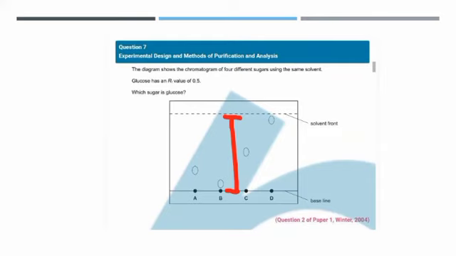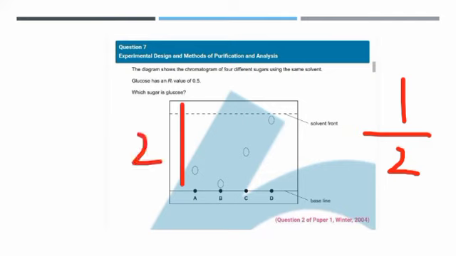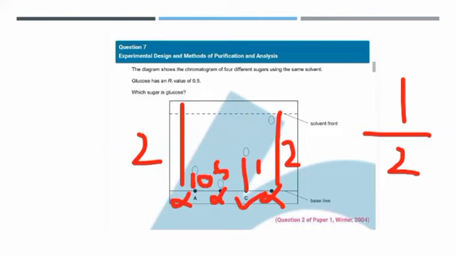Why? Because C has, for example, traveled the distance of 1. It's crossed half. And the solvent front has traveled a distance of 2. It becomes 0.5. Let's check for the others as well. If the solvent front had a distance of 2, by D, we can tell that this has traveled a distance of nearly 2. So 2 upon 2 becomes a little less than 1. So that can't be 0.5. D is wrong. B has hardly traveled any distance, around 0.1. So 0.1 upon 2 doesn't make 0.5. This is wrong. This has also traveled a little distance like 0.5. So 0.5 upon 2 doesn't make 0.5. And so A is also wrong. The only correct answer is C.